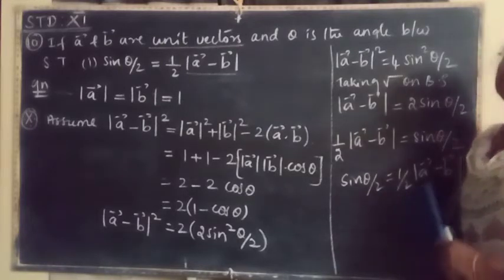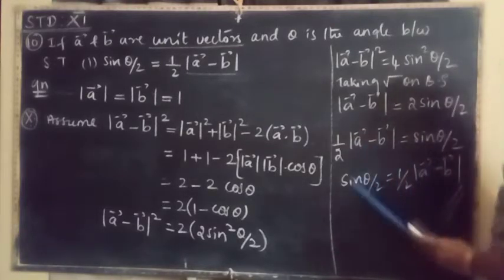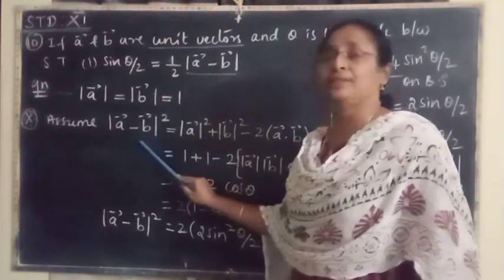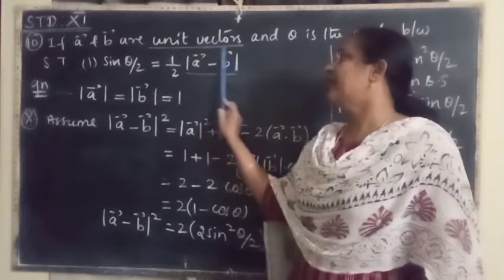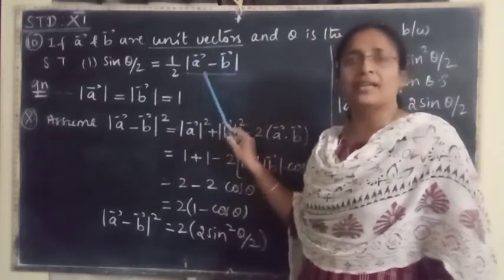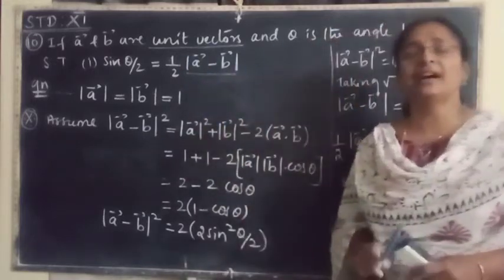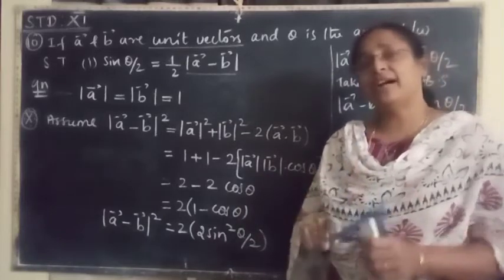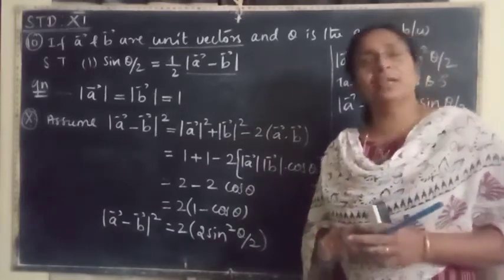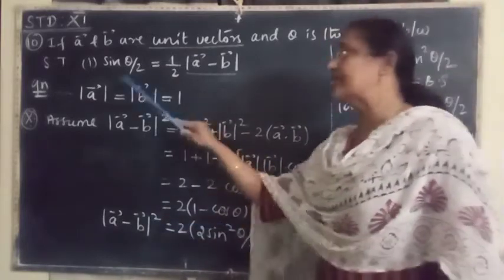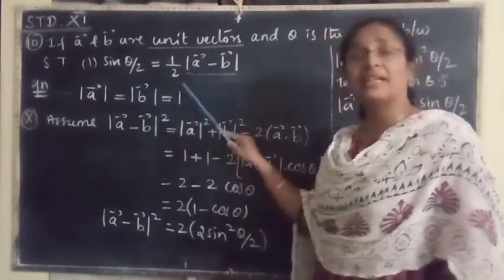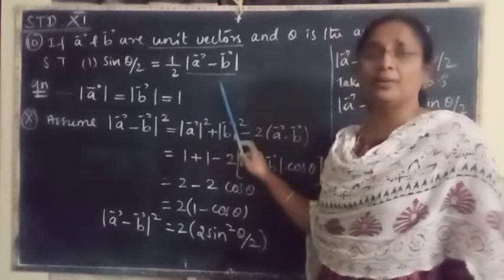So very simple proof. What we are going to do is start with this clue, so you have to memorize this. Where do we get this clue? From the proof itself. For each problem we have a keyword, so we have to highlight that particular keyword alone. The same way we are going to proceed with cos theta by 2 with the help of modulus A vector plus B vector.